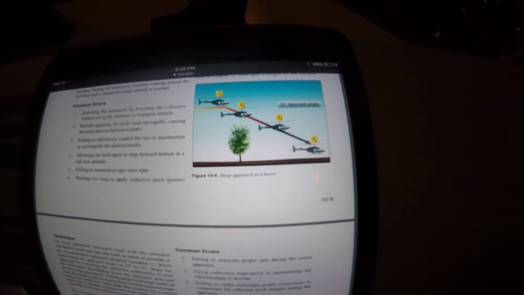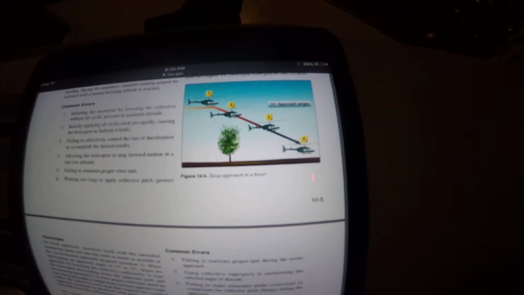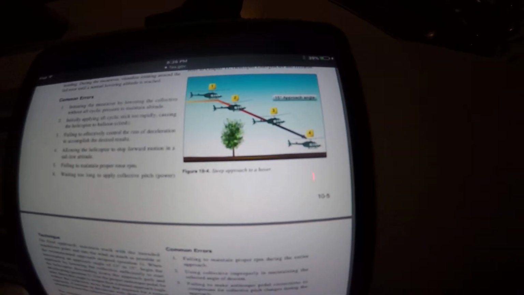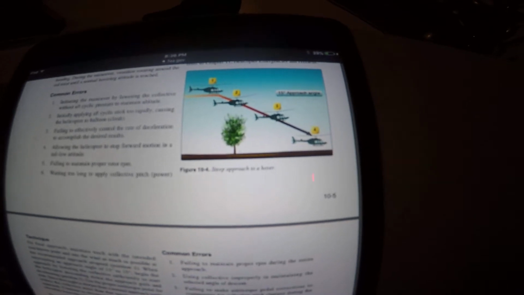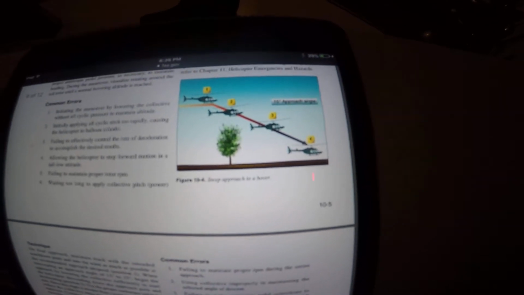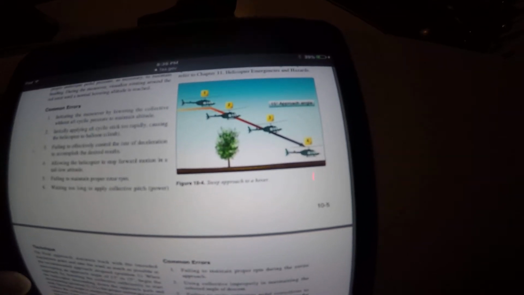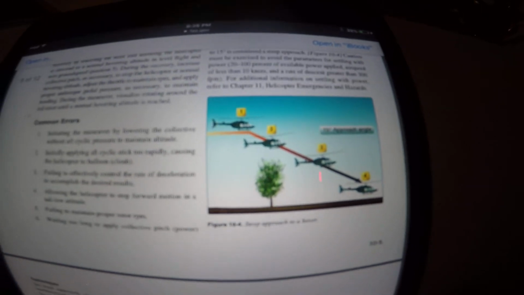Aft cyclic is required to decelerate sooner than a normal approach, and the rate of closure becomes apparent at a higher altitude. Maintain the approach angle and rate of descent with the collective, rate of closure with the cyclic, and trim with the anti-torque pedals. The helicopter should be kept in trim prior to loss of effective transitional lift, approximately 25 knots,